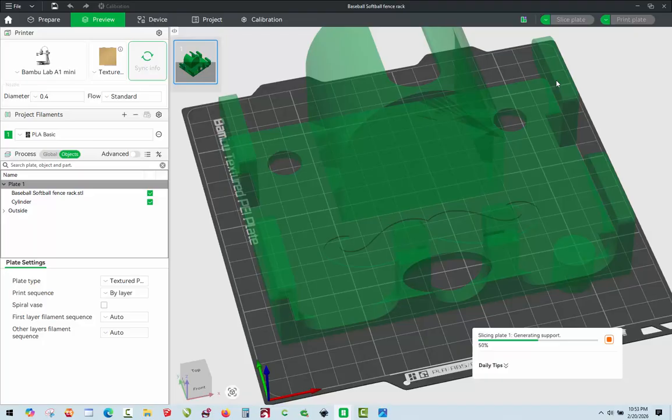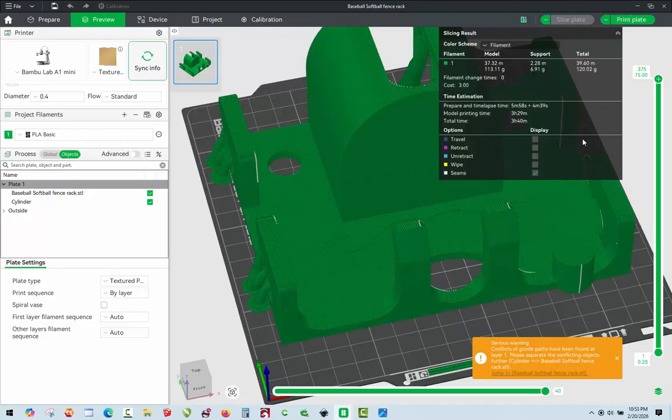Now, why yours says it's at layer 19 is because whatever you added to the original model, whether it be a text or your number or your logo, that is happening at layer 19. Okay, and so because we do not have our part that we're adding to the model as part of an assembly, your slicer is looking at each one of those parts as individual objects. So you see here it says conflicts of G-code paths have been found at layer 1 because this part exists on layer 1 and this part exists on layer 1,